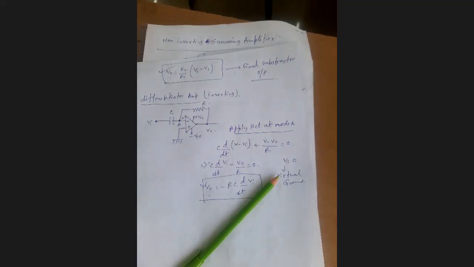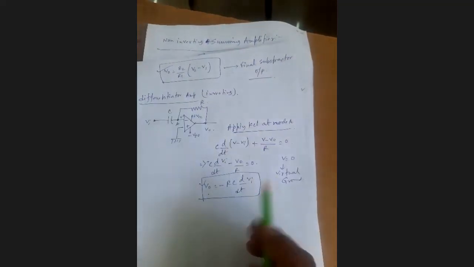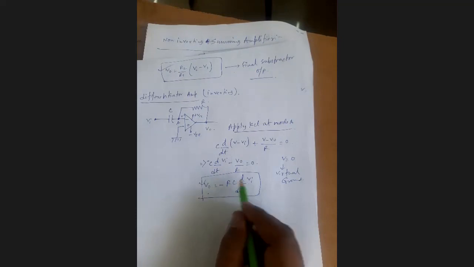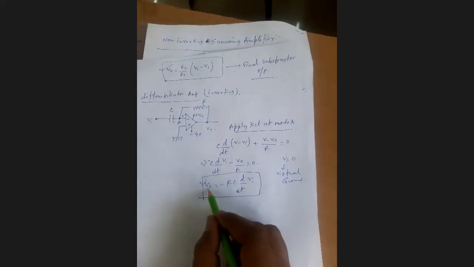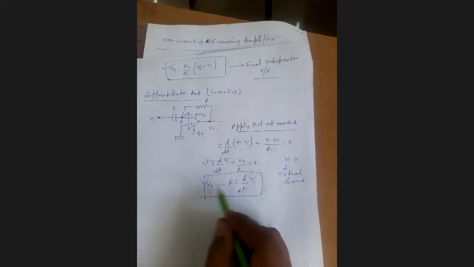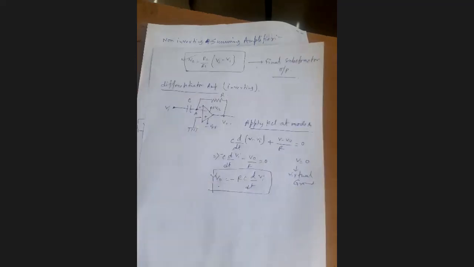Okay. So it is the inverting differentiator circuit. V naught equals minus RC d/dt of the input. If you look here, the output voltage and input voltage are related by differentiation. A differentiator is applied to the input voltage, so it is another mathematical operation. By using this type of amplifier circuit, we can formulate any type of differential equation or differential mathematical model.